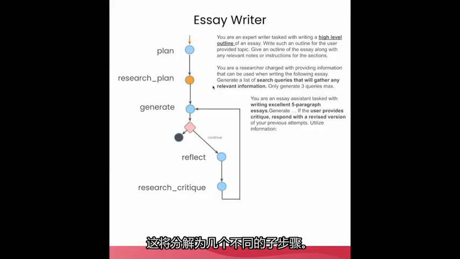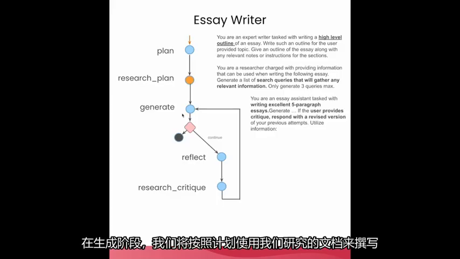This is going to be broken down into a few different sub-steps. So first, we're going to generate a plan for the essay. This is going to happen once up front. Then based on that plan, we're going to do some research. This involves calling Tavily and getting back some documents. From there, we're going to go into generate. And in generate, we're going to follow the plan using the documents that we researched, and we're going to write